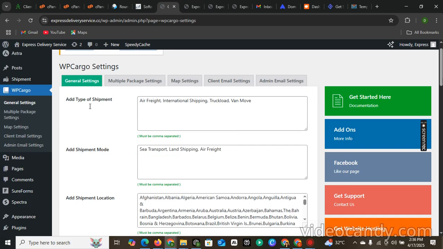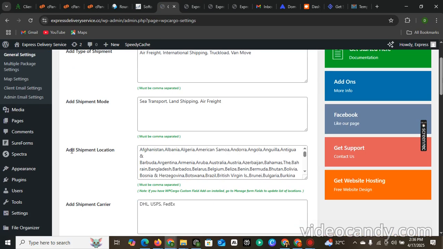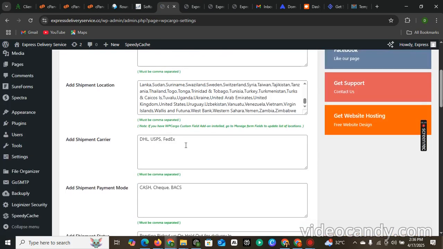So this is the general section. The type of shipment we are going to do, shipment mode, should add shipping locations, the locations we are going to ship. So add shipping center. This is the DHL, UPS, FedEx. So let me ask the name. Let me add this